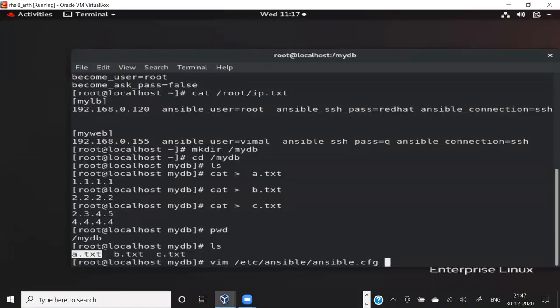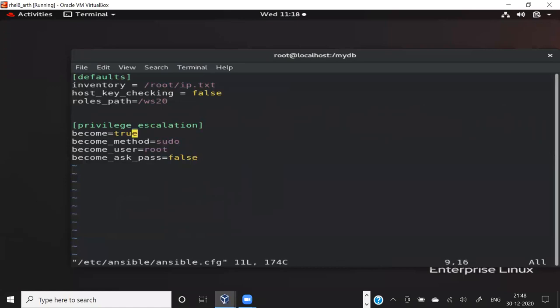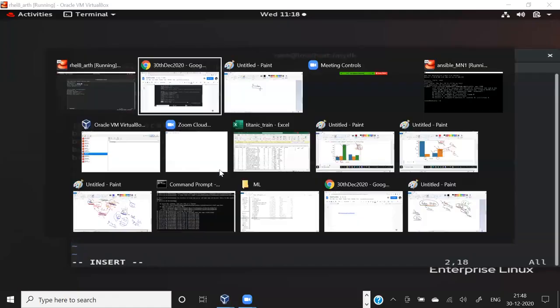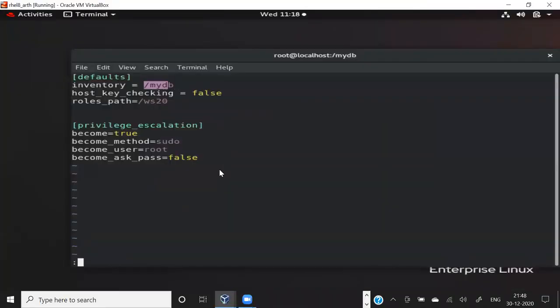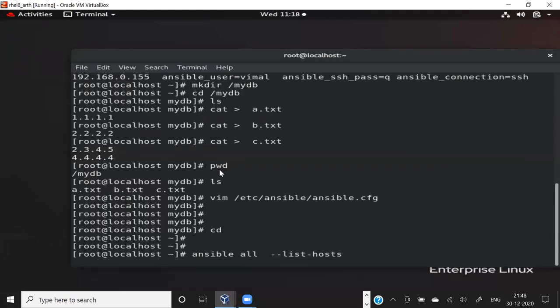Just go to your Ansible config file and say we have one folder. This folder contains hundreds of files, or maybe multiple files. So what I want from now onward is that your inventory is this folder, my DB. That's all. If you have a lot of files, just put all the files in one folder, and in the inventory, just give your folder name. That's it. So Ansible has the capability, wherever you are, doesn't matter. Now if you ask Ansible, do you know all the list of IPs we have? Maybe they are static, doesn't matter, but do you know all the IPs we have? So if you see here,